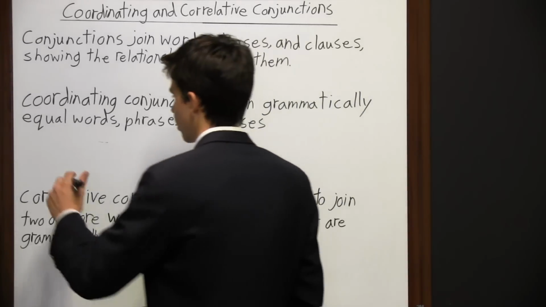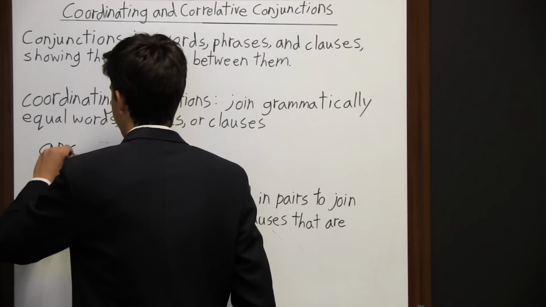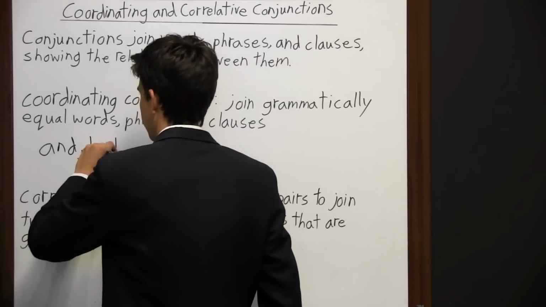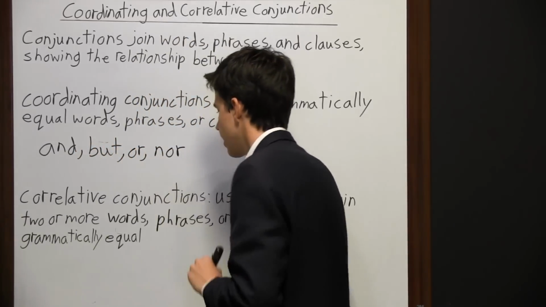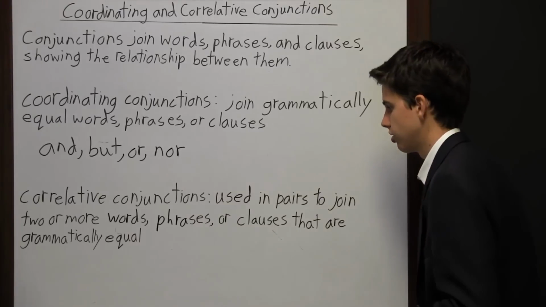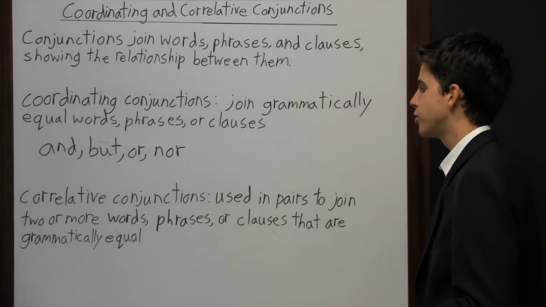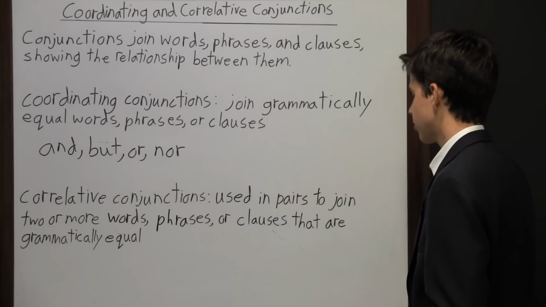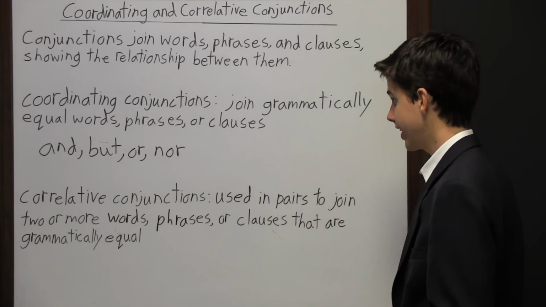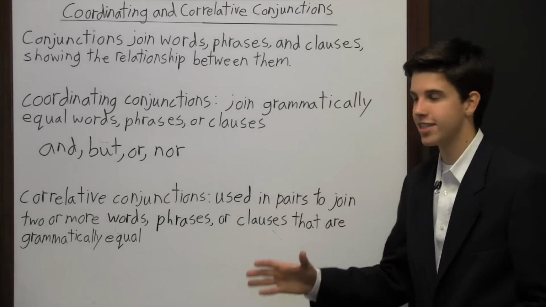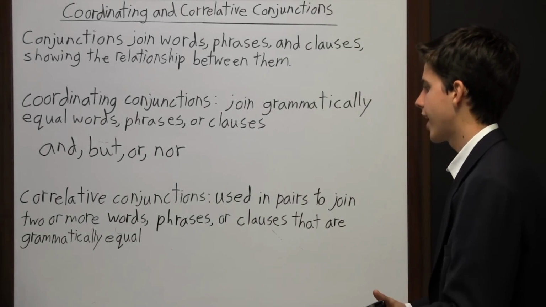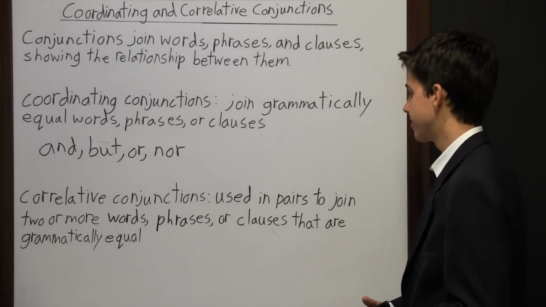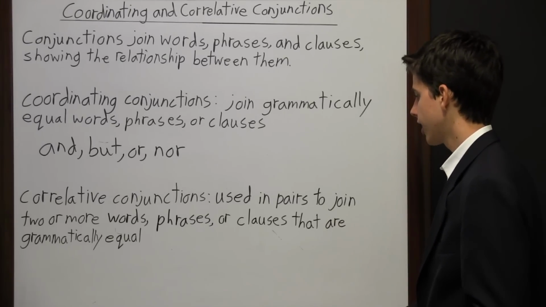And some examples of coordinating conjunctions are and, but, or, as well as nor. And then we have correlative conjunctions, which are used in pairs to join two or more words, phrases, or clauses that are grammatically equal. So you may be thinking that this is the same definition as we just looked at. Well, we still are talking about grammatically equal words, phrases, or clauses, but this time we're talking about them being